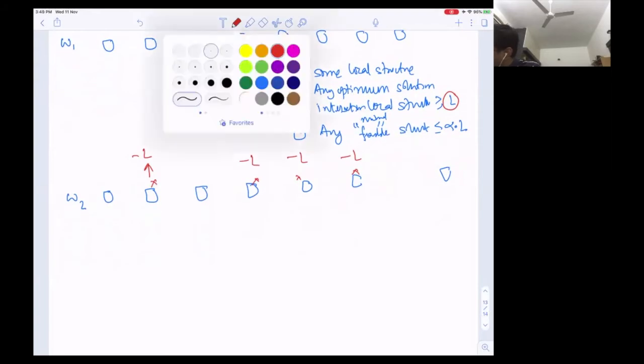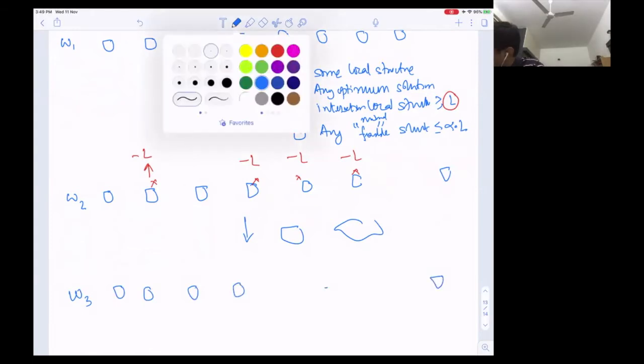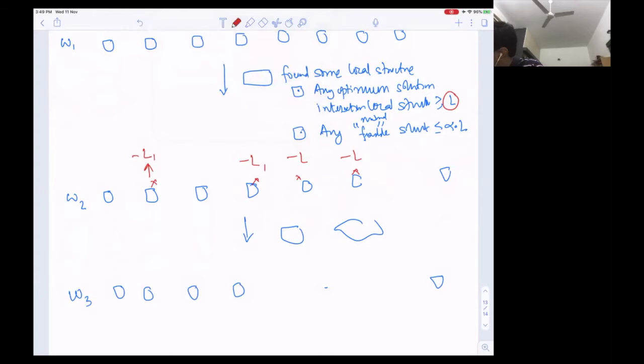And then we further went down, found some local structure, let's say L1, and then maybe somewhere we do minus L2, okay, so on and so forth,